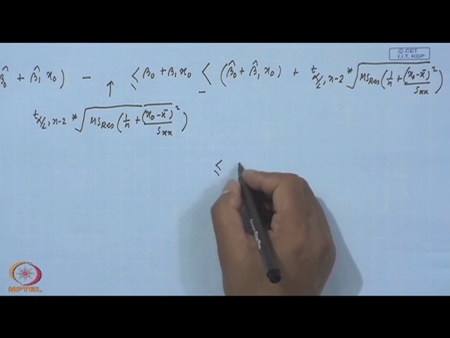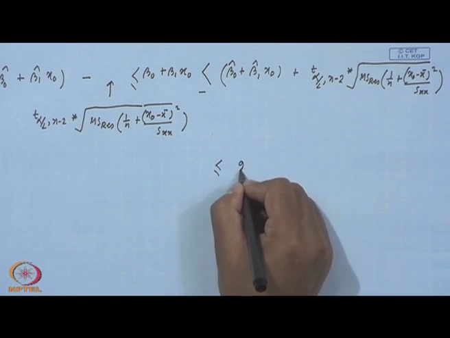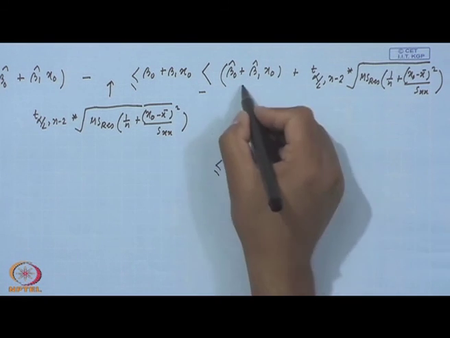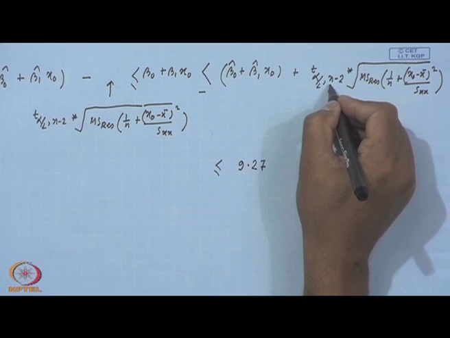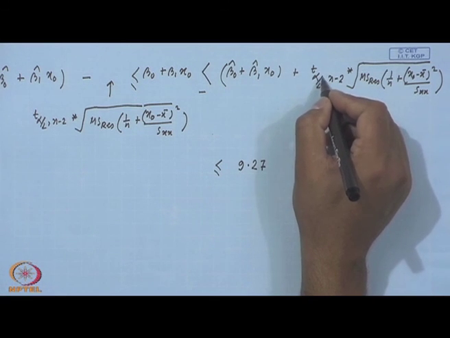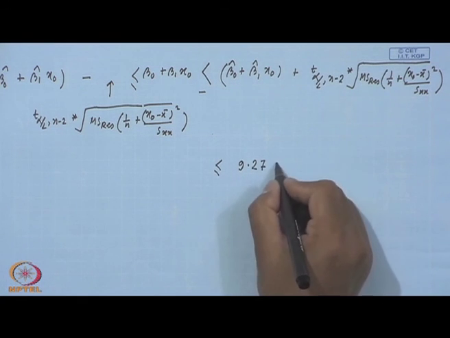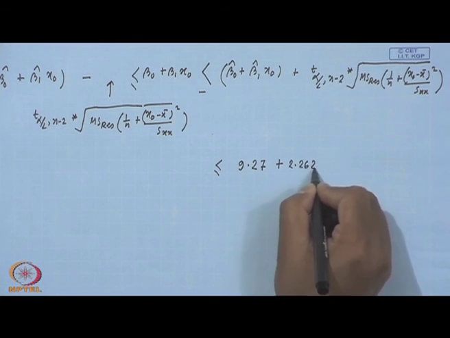Let me do it for the upper limit, that is 9.27, this part, and then you know this is n equal to 11. So, it is 9 degrees of freedom and alpha is 0.05. So, alpha by 2 is 0.025. So, that is 2.262,